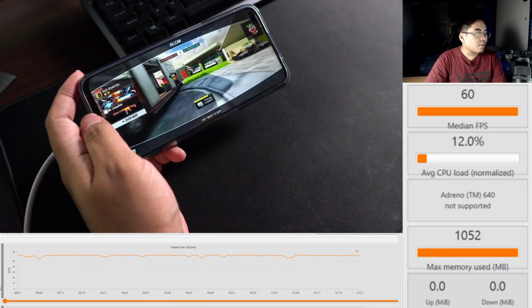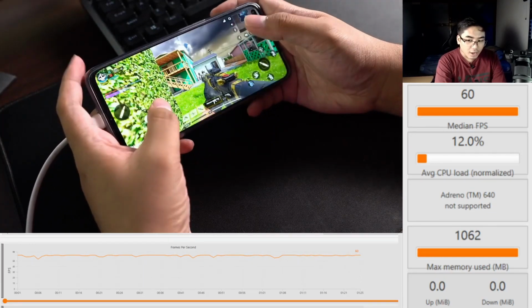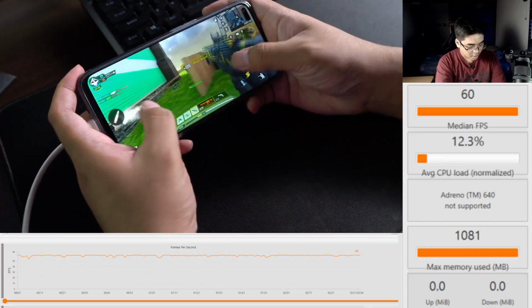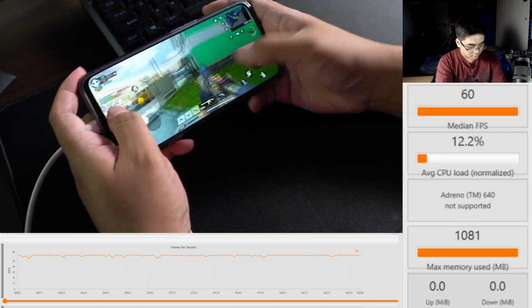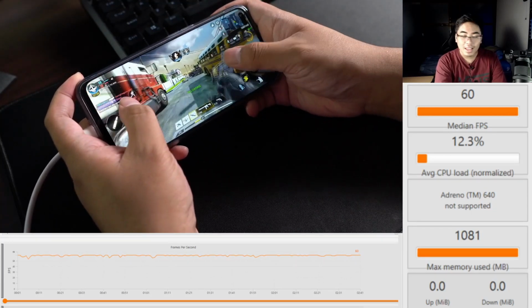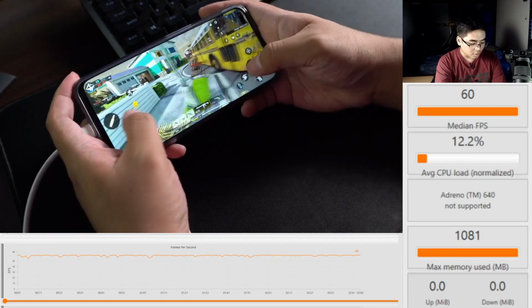So, makikita niyo yung graph doon sa baba. Almost straight line yung nakikita natin dito. Only a few, parang 1 FPS drops nga lang yan. Yan. So, makikita niyo naman na, yeah, there we go. Try natin. Yeah. So, we made a kill. And yeah, the frames per second that we're getting is almost...